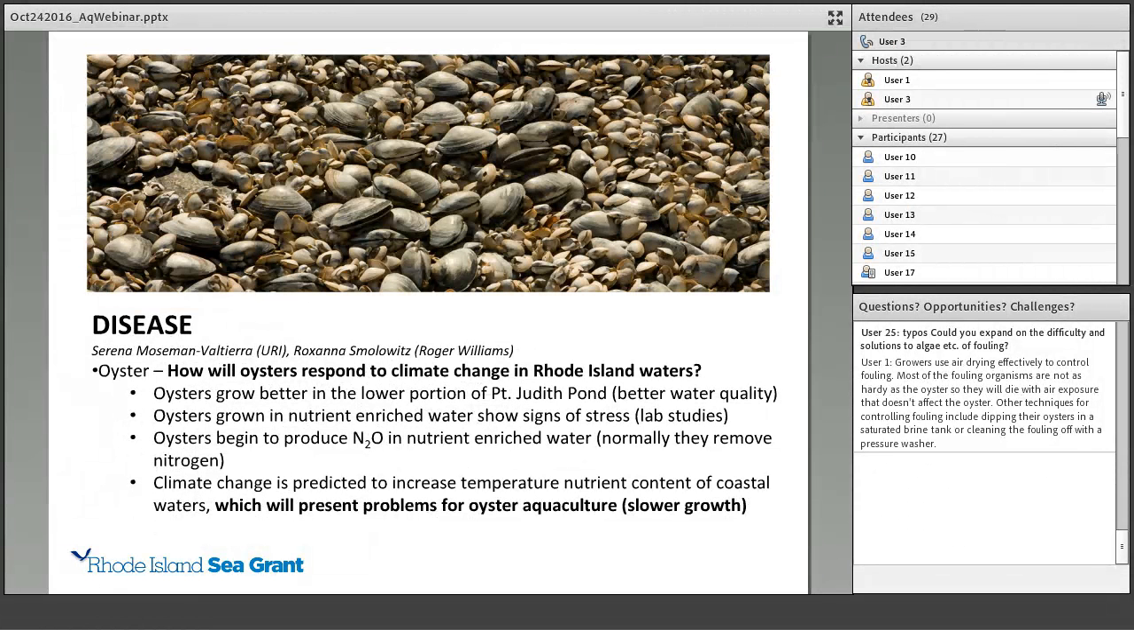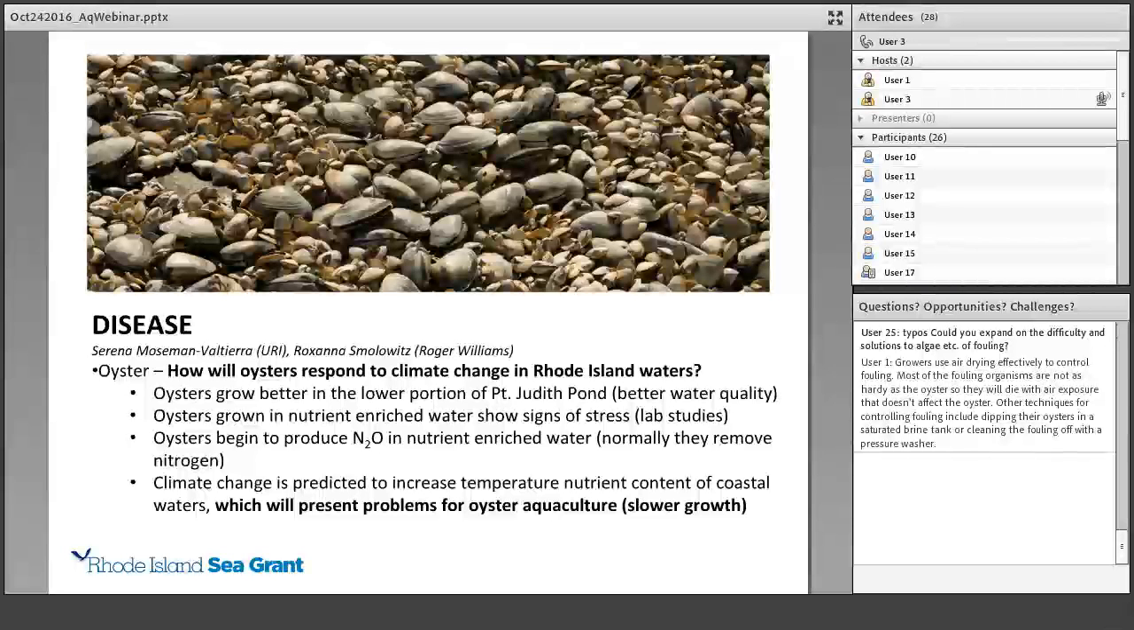We are currently also funding some folks here at URI. Again, Roxana Smolowitz over at Roger Williams also is involved, but Serena Mosman Valtierra here at URI is looking at potential impacts of climate change to oysters being grown in the salt ponds in Narragansett Bay. Her focus is down in the salt ponds. She's really looking to find out that interplay between rising temperature and nutrients. As temperature rises and nutrients become more common in shallow waters, there's sort of a combined effect of those two